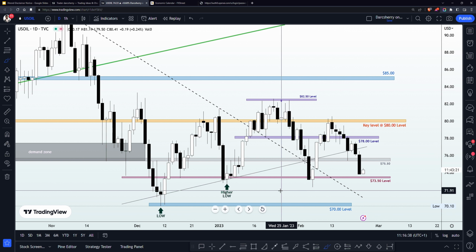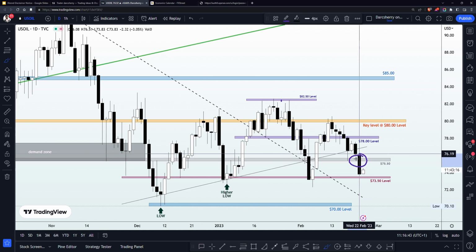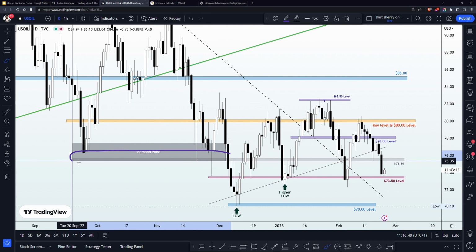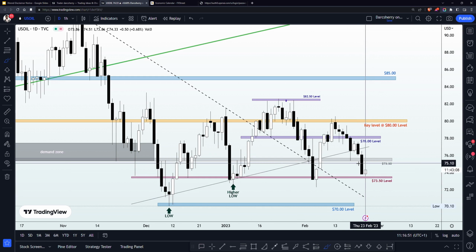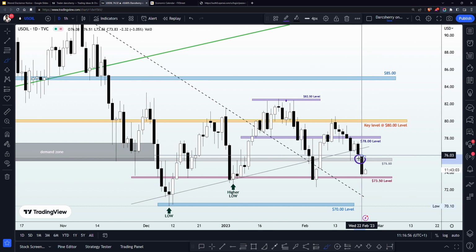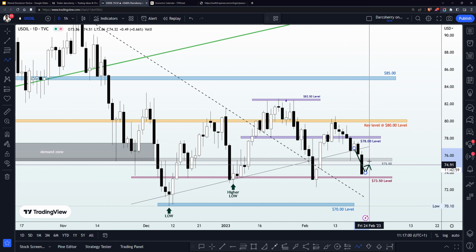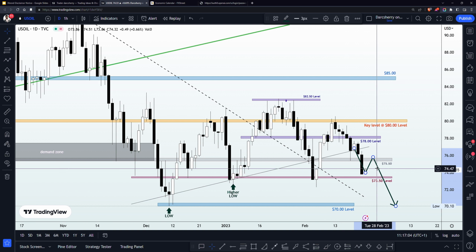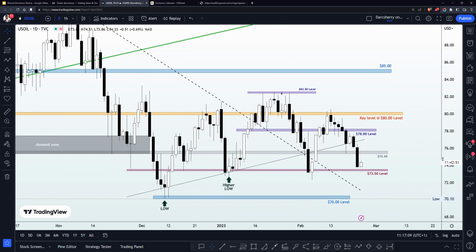And another thing we also want to take note of here is the breakdown of that $75.50 level, which I showed you earlier has been serving as a strong demand zone in this particular market. And from a technical standpoint, whenever we have a breakdown of structure, we expect that price might likely come back to do a retest of that structure in anticipation of another wave of bearish momentum. So this is one of the scenarios we are going to be looking forward to.